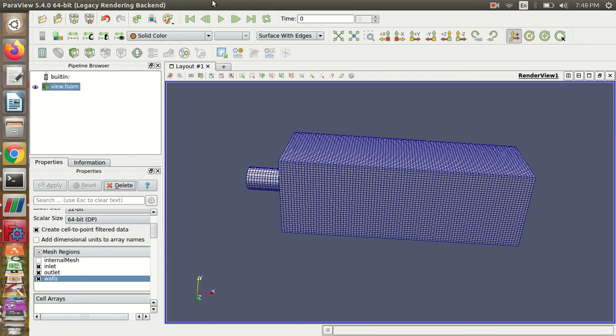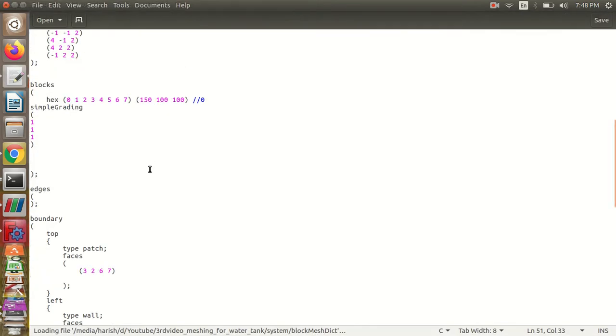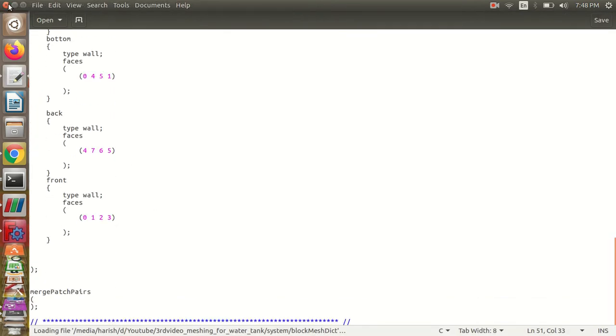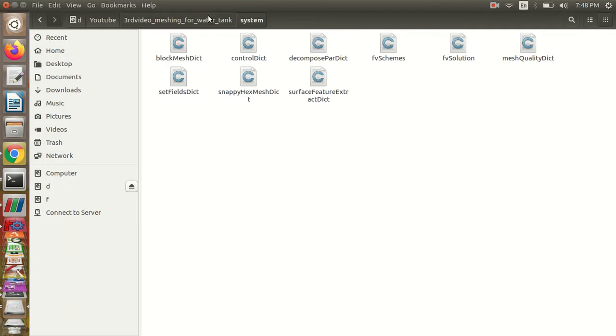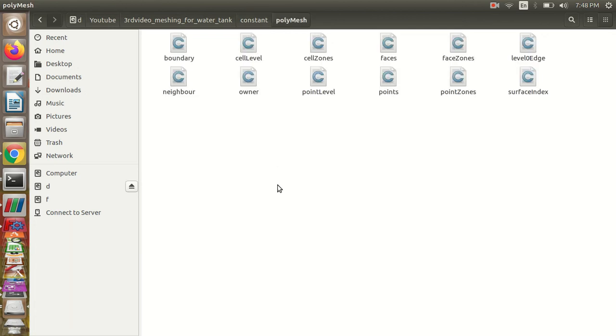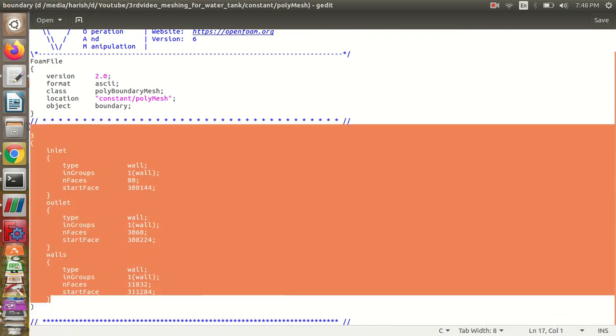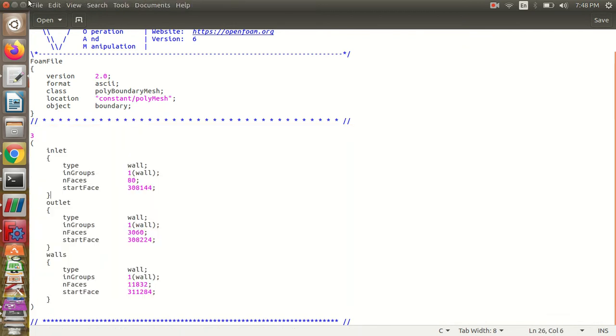The key thing to note is what was mentioned in the blockMesh file: you had mentioned 6 different patches, but it won't be there now. Everything is rewritten. Even in the polyMesh boundary file, you can find only the information regarding these 3 boundaries, because the rest of the boundaries lie outside this geometry, so there won't be any information for those patches.